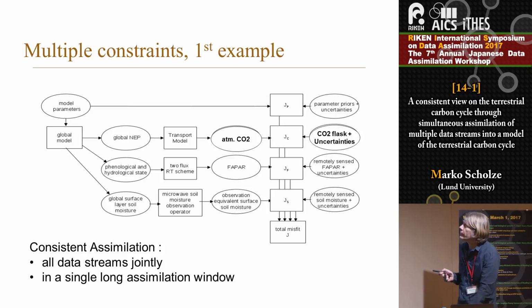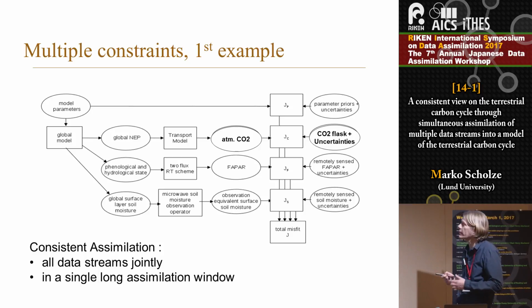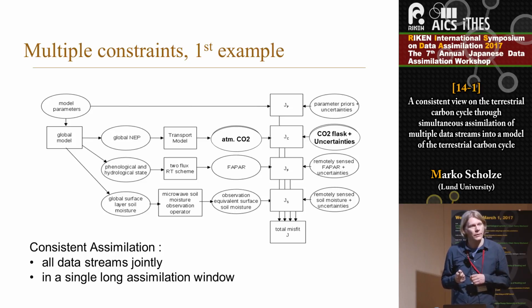Now, how does it look with a multiple constraint? That's a graph showing where we used not only CO2 flask measurements, but also remotely sensed satellite data. So FAPAR, that's essentially the fraction of absorbed photosynthetically active radiation, giving you an idea of the vegetation activity, how much of the light is used for photosynthesis. And since the carbon cycle is tightly coupled to the water cycle, one can also use remotely sensed soil moisture